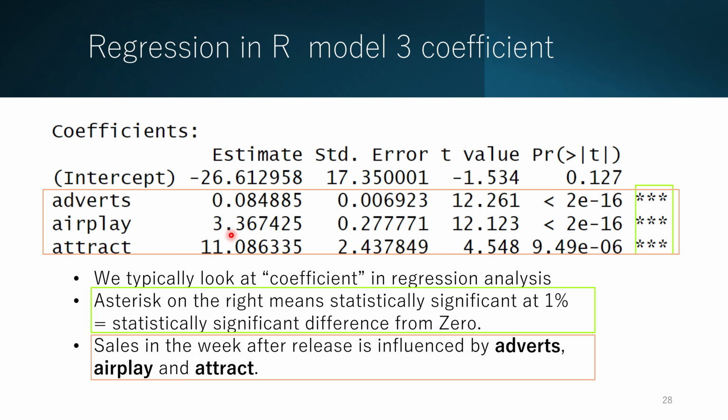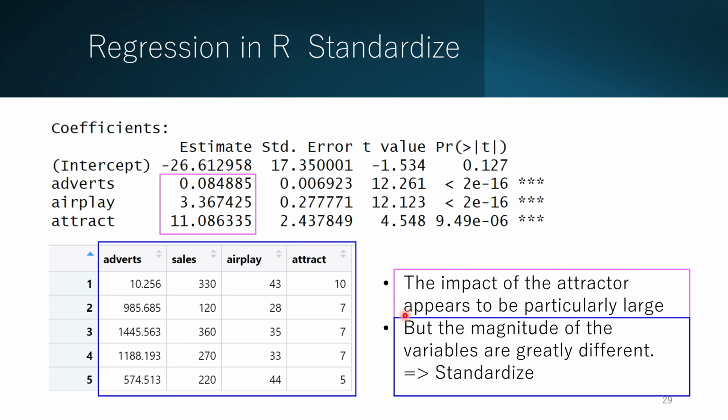Airplay is 3.3 and advert is 0.08. So the magnitude of value is biggest in attract. Attract has the biggest impact on the sales. But we need to check the